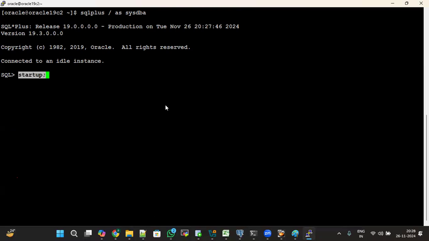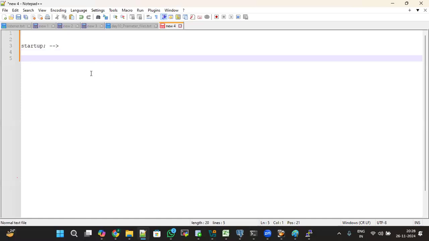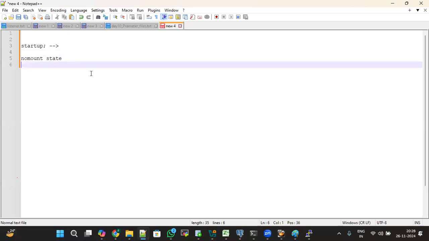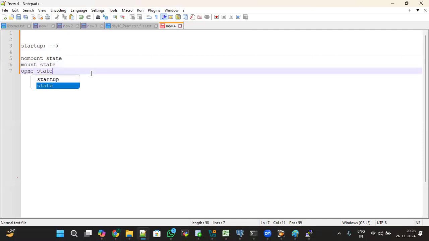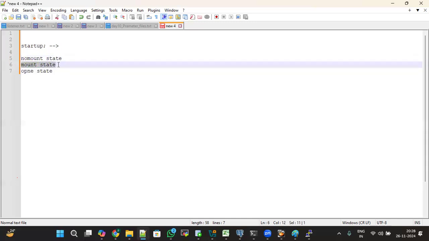Let me show it here. When you give the startup command, the database will open in different states. First it opens into nomount state. Next it opens into mount state. Next